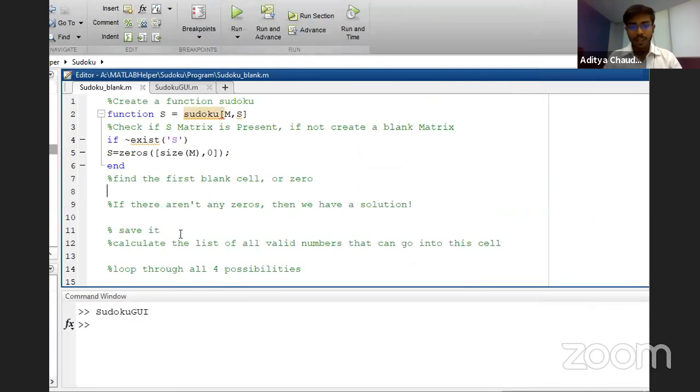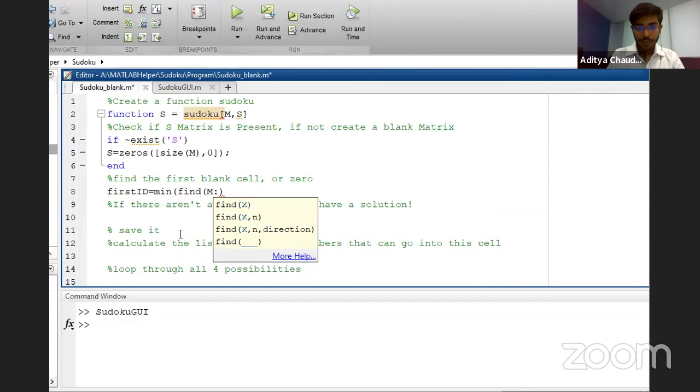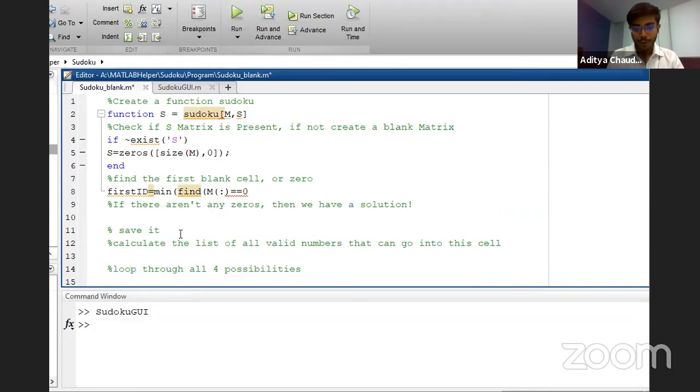To find that, we'll be generating a variable firstID equals minimum, and we'll find from the M matrix, all the rows, and we'll find for equals to 0, and let's terminate.